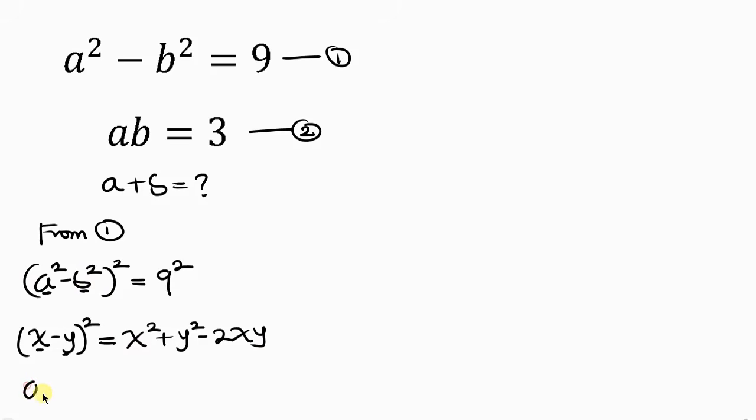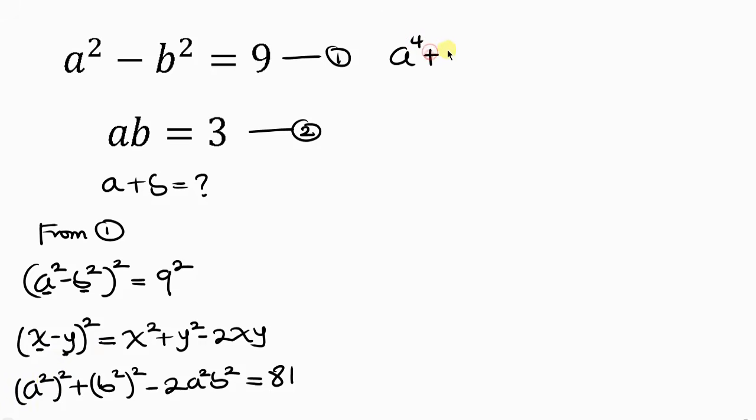So this becomes a squared all raised to the power of 2 plus b squared all raised to the power of 2 minus 2 times a squared times b squared, just like this. And this is equal to 9 squared is 81. Now simplifying further, from indices we can multiply powers. So 2 times 2 is 4, plus b, 2 times 2 is also 4, minus 2 times,